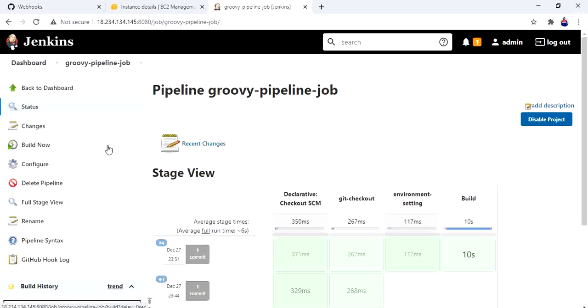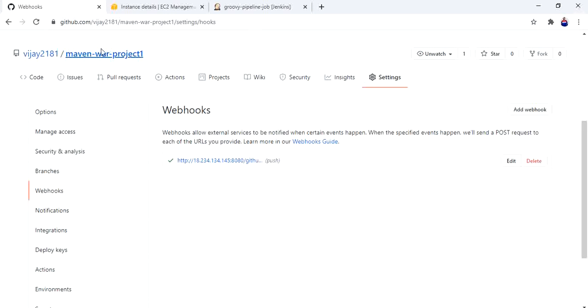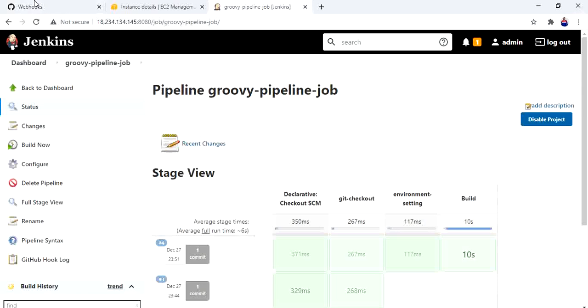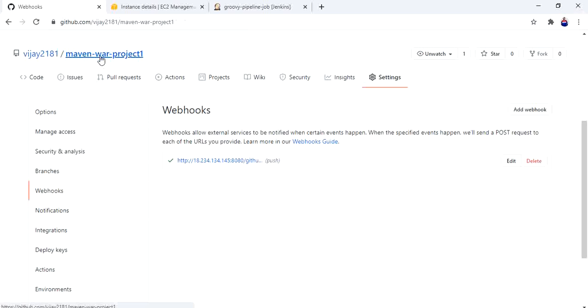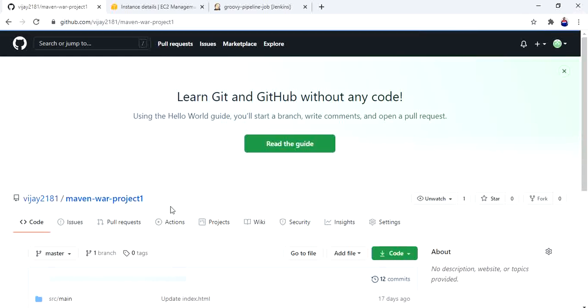Next, I will not do a build now. Suppose anything happens in my repository, my build should be triggered. That's the concept. Let me go to my repository and change something.